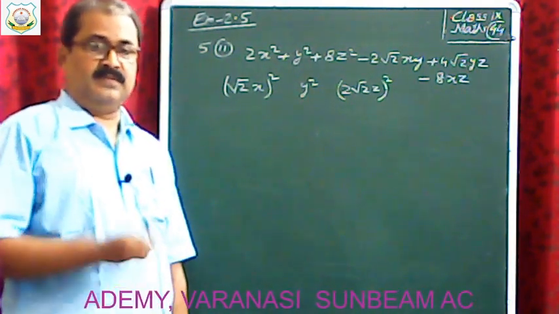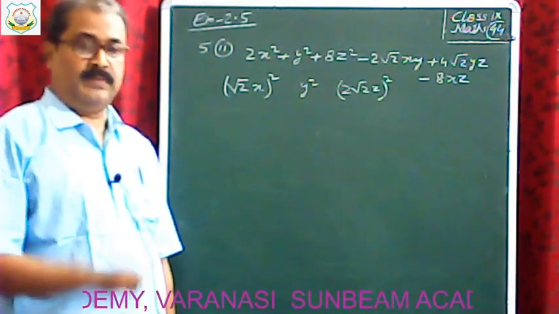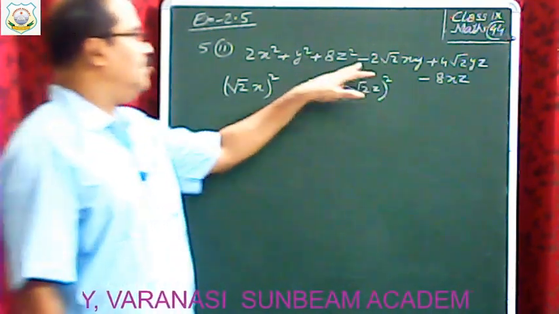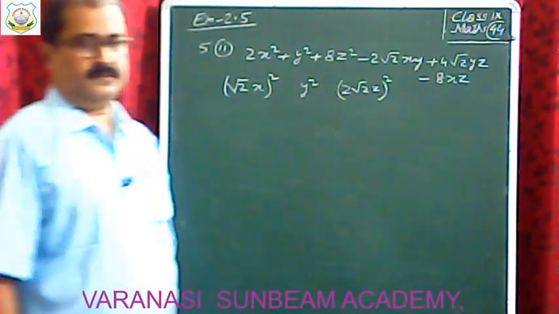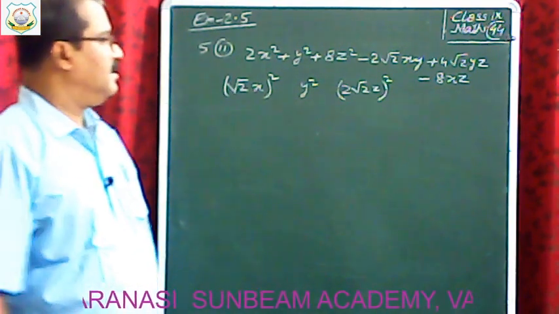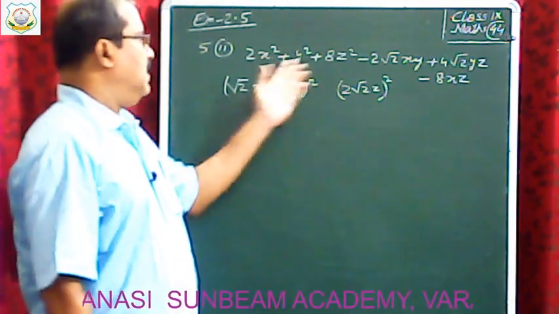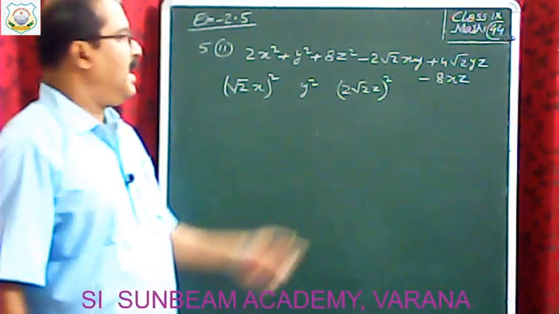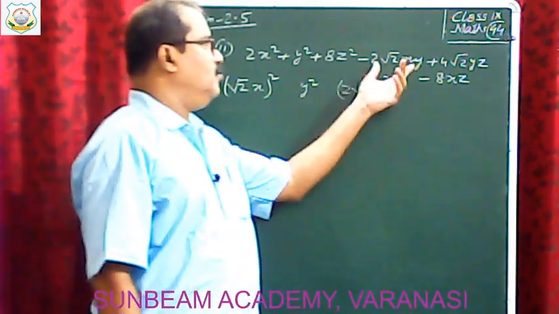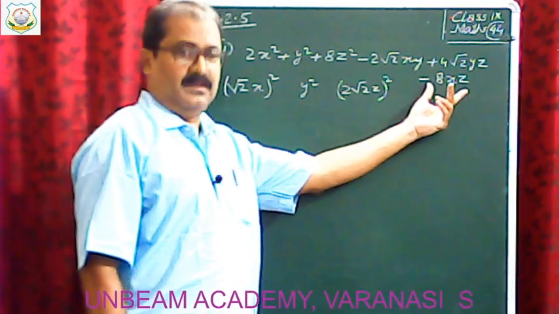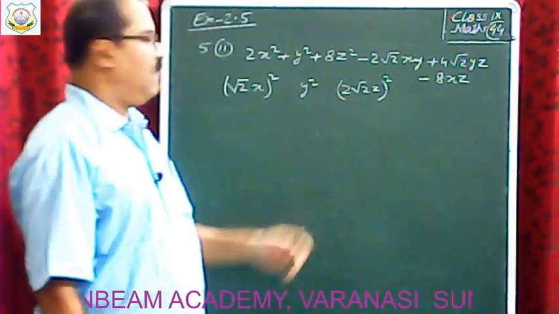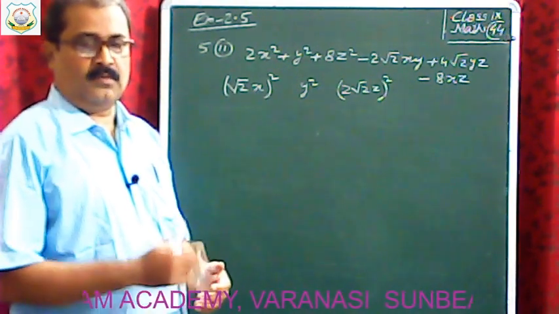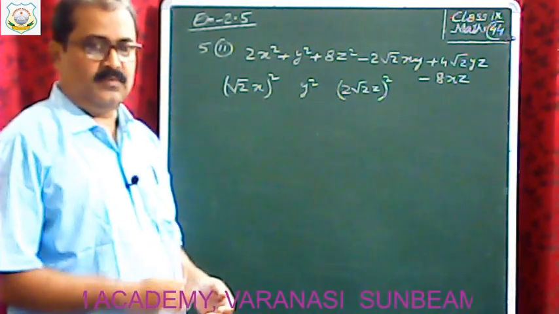a square plus b square plus c square plus 2ab plus 2bc plus 2ca. And in this question, there are 2 negative terms. Already I have explained, okay. 3 are perfect square terms, and the remaining 3 are combined terms, taking 2 at a time. And out of these combined terms, 2 are negative terms. So you have to identify which term is negative, term x or y or z. Which one is negative, you have to identify.